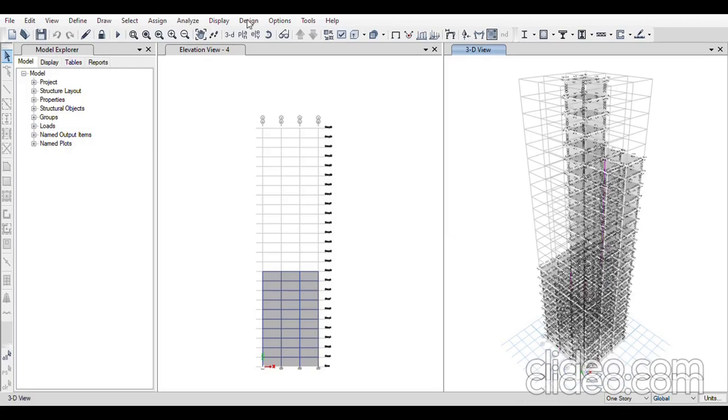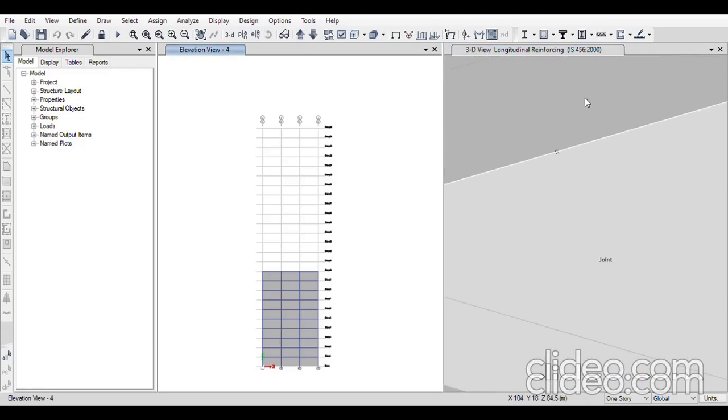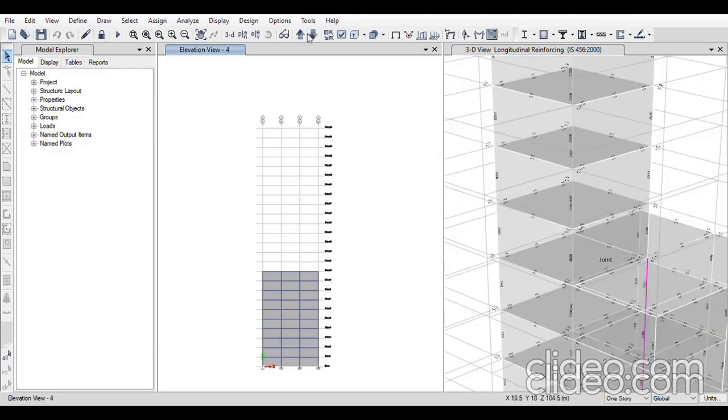Now I will go to design. By default, in 3D view, it shows the longitudinal reinforcement details of the top and bottom rebars. I can zoom in and check out the details. Now I will go to the design menu.